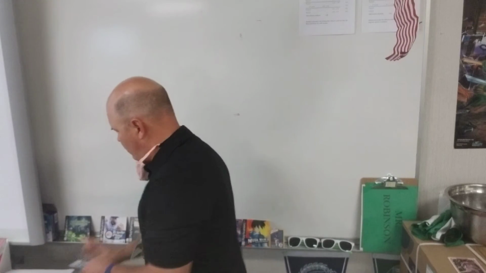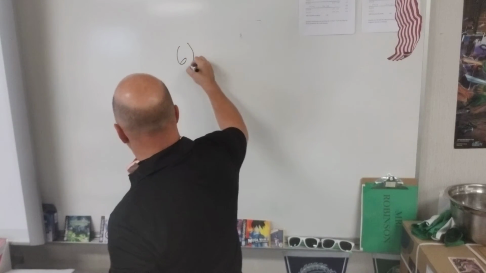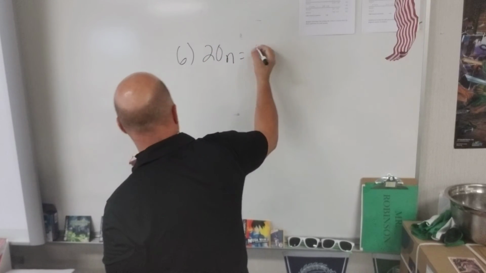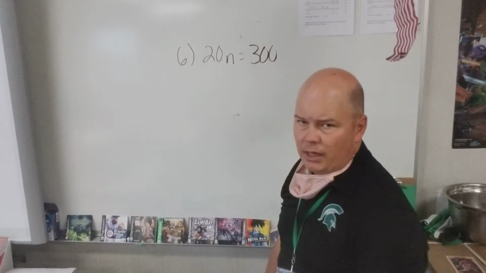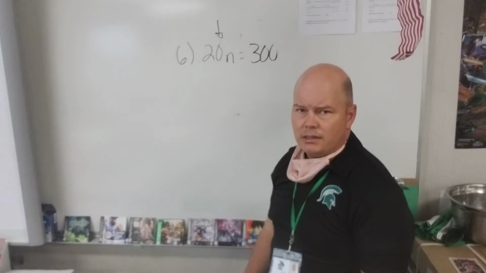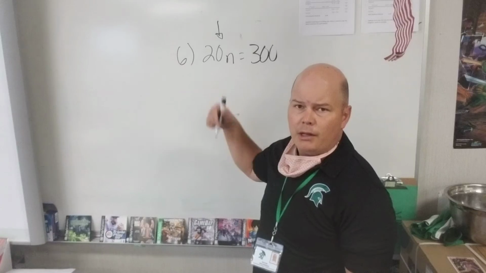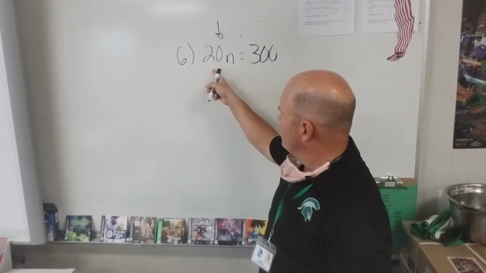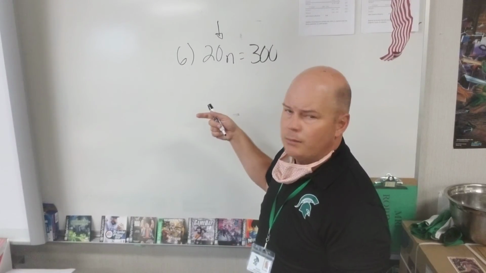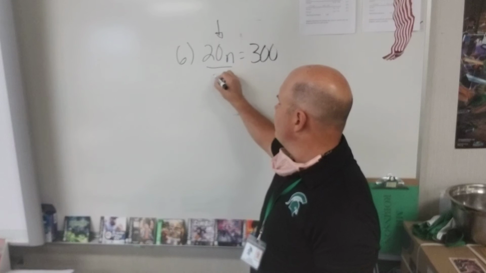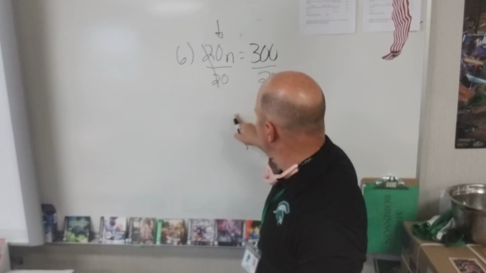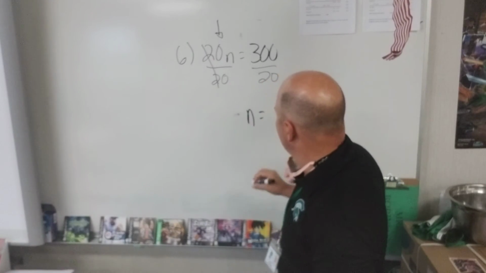And one more real quick. Finish with number 6, which says 20n equals 300. Again, I'm going to attack this side because it has my variable. Then I look at what's happening to my variable: I'm taking 20 times n. The inverse, or opposite operation, of 20 times n would be 20 divided by. So divide both sides by 20, that cancels. And when all is said and done, I'm left with n is equal to